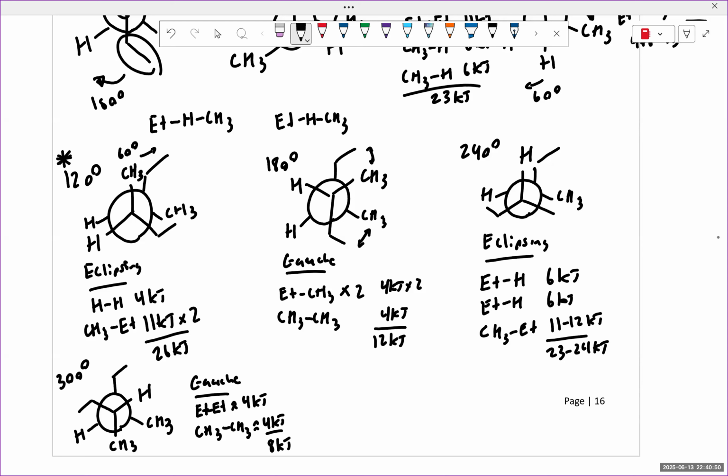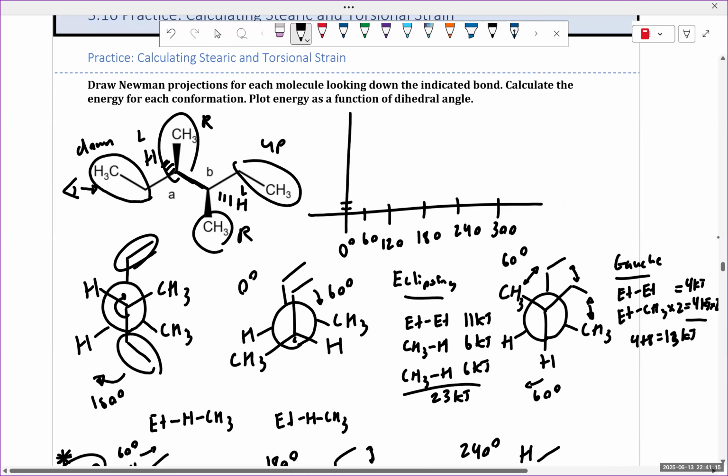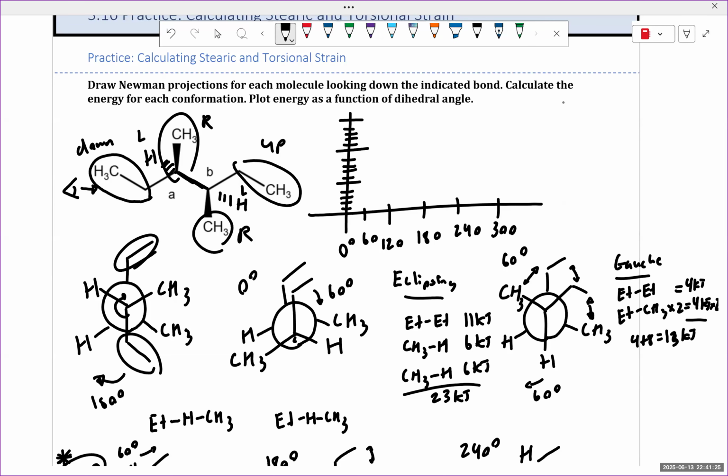So it appears, let me just make a tally of what's happening here. So it appears in this case, the 300 degree is our lowest energy conformation, while the 120 is the highest. So if we're filling in our plot of energy as a function of dihedral angle, 2, 4, 6, 8, 10, 12, 14, 16, 18, 20, 22, 24, 26, 28, 30. Okay, let's now